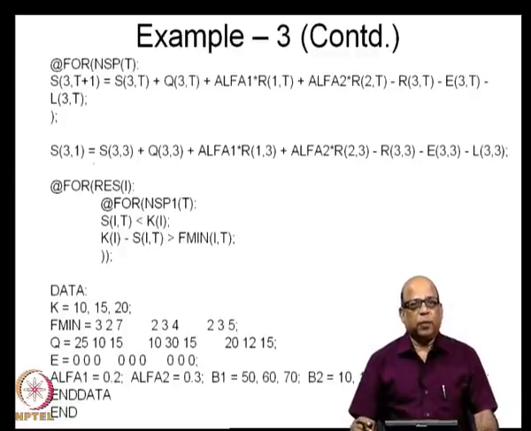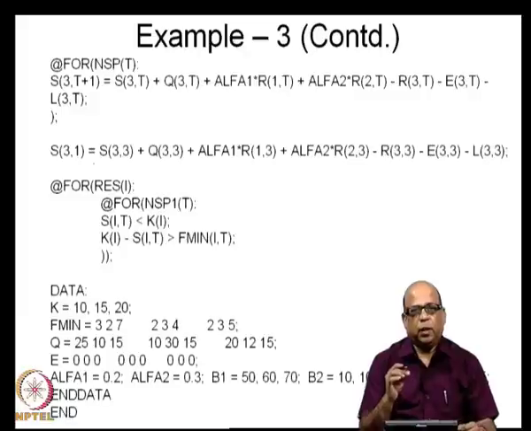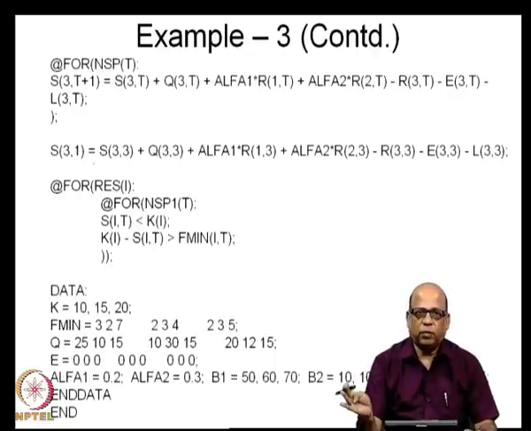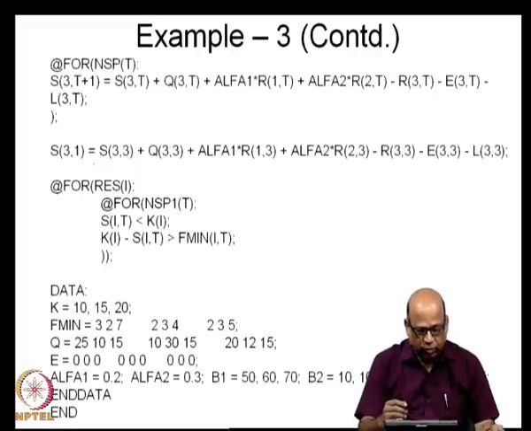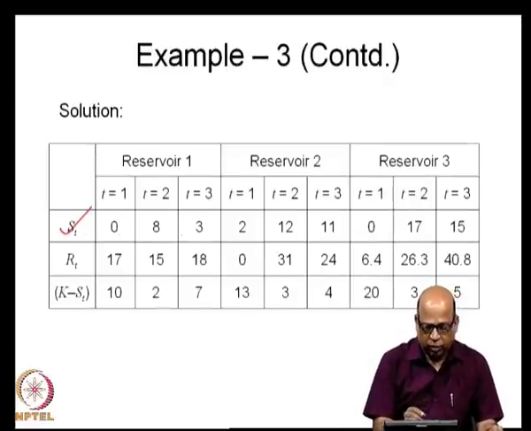When you solve this, as I mentioned, you should get a reservoir operating policy, which means you should get the optimal storages to be maintained at the reservoirs and the associated optimal releases from each of the reservoirs, such that together something good happens to the system in terms of the best objective function that you get and so on. So, you will get the solution like this. You will get the storages to be maintained at each of the reservoirs during each of these time periods.